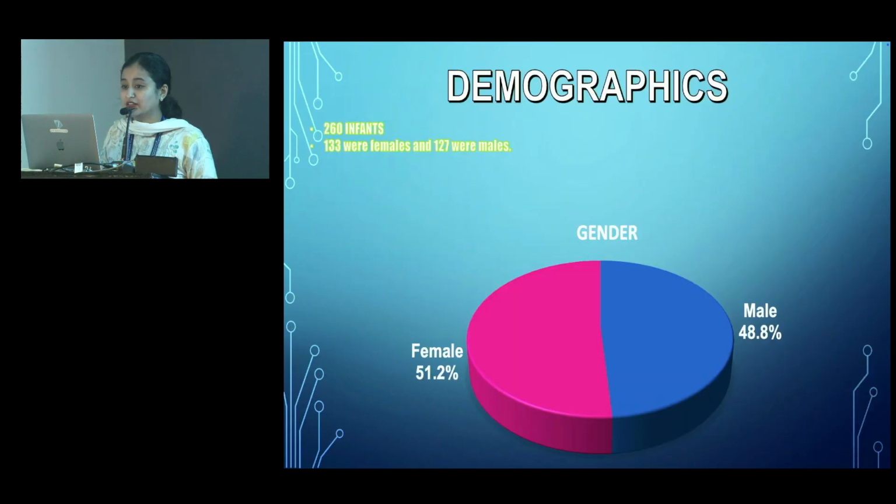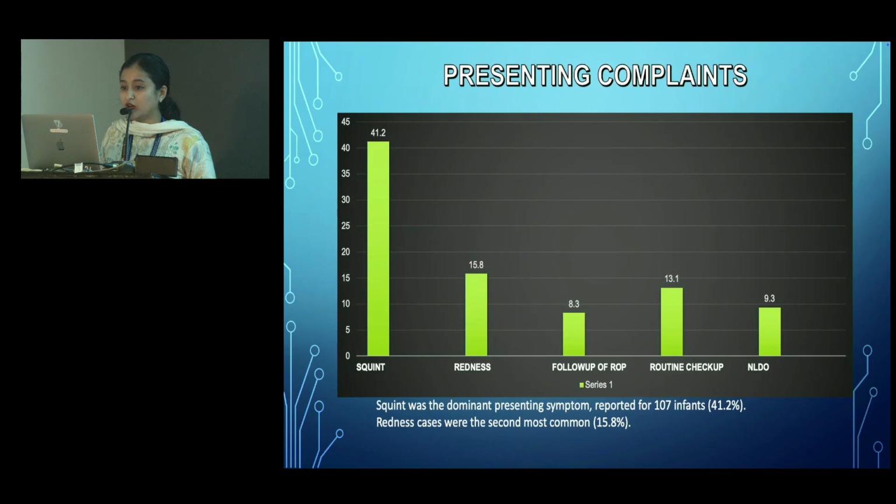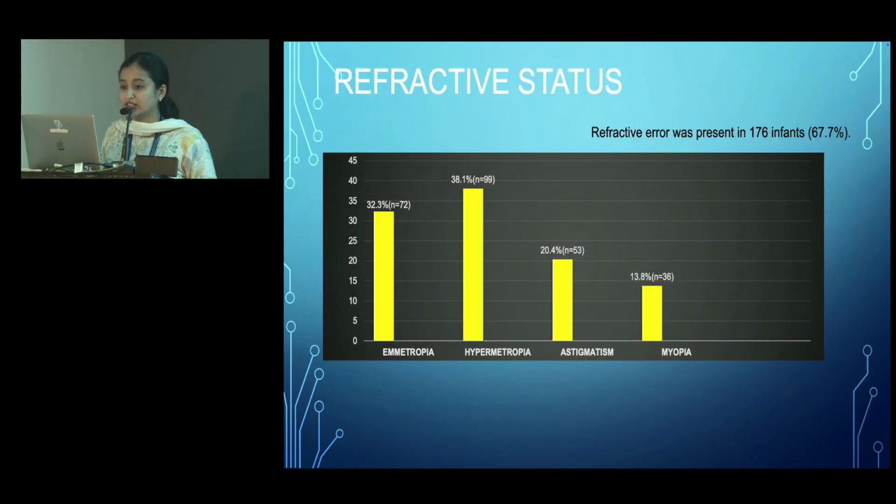Results. Among 260 infants, 51.2% were female and 48.8% were male. The most common presenting complaint was squint in 41.2% infants, followed by redness, and others were follow-up of ROP, routine checkup, and NLDO. Refractive status: 32.3% were emmetropic, and among refractive errors, hypermetropia was most common, seen in 38.1% infants, followed by astigmatism